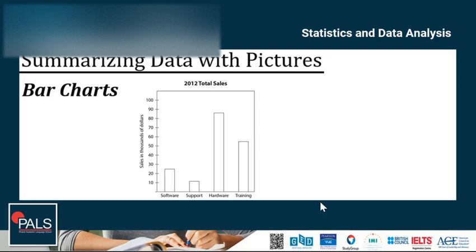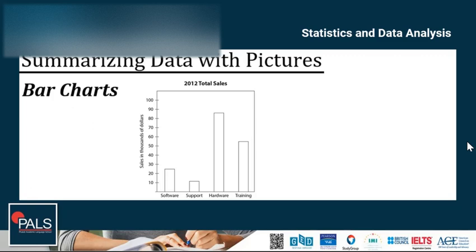For example, the bar of the software department reaches a point midway between 20 and 30 on the scale shown on the vertical axis. Because the label says that the scale shows sales in thousands of dollars, the bar for the software department indicates that sales totaled approximately